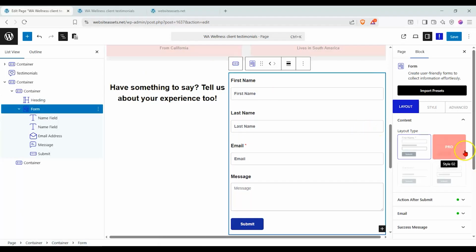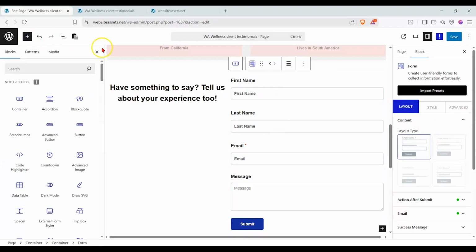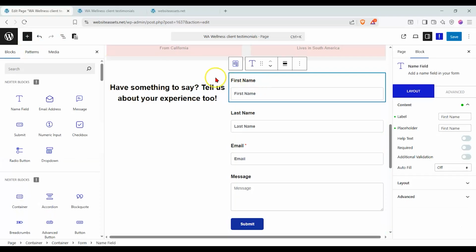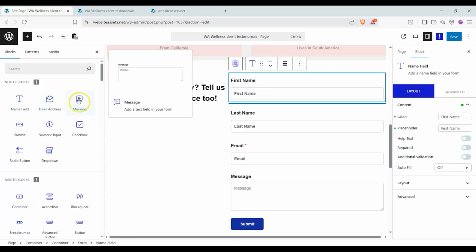at how these forms work, right? But as you can see, there's some pro versions, some features you can do with the pro version, excuse me. And let's just take a look at the real gist of this. So by default, we have a couple name fields. And if we went into the block editor and we selected this form, it's going to default only to the